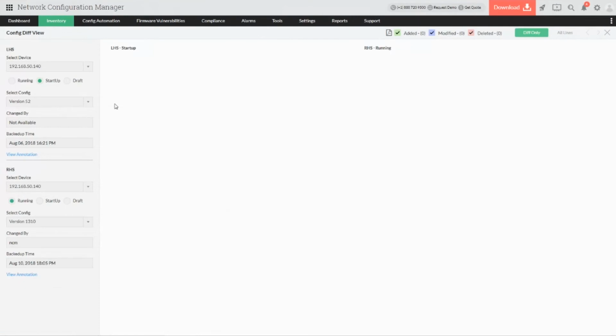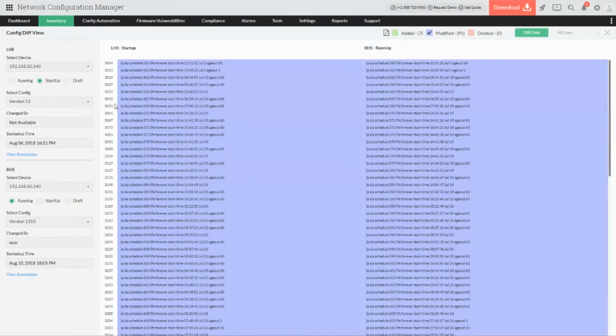So here, from the NCM, you have options to choose different devices. For example, here the first device is 192.168.50.150, and if I want to select a different device, for example, I'm going to select this device because in the second device I do have a configuration drawback, or the device is performing a little slow. The network connected to those particular routers is pretty slow. So I want to see why there is a difference. Is there any difference between the configurations? Why is router 1 performing pretty good and router 2 not performing as expected?